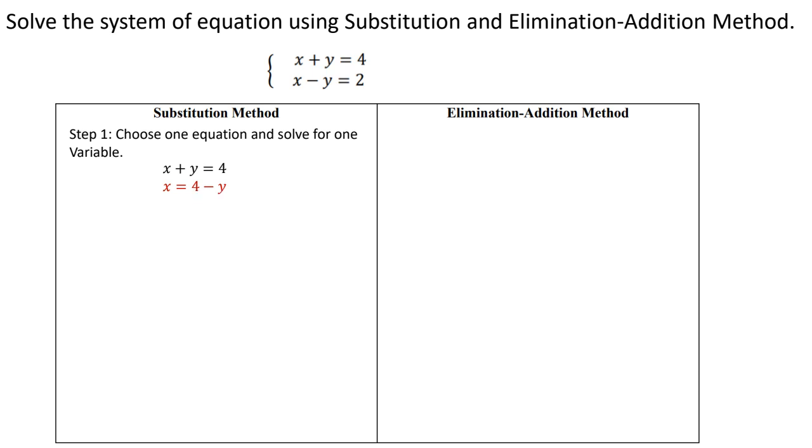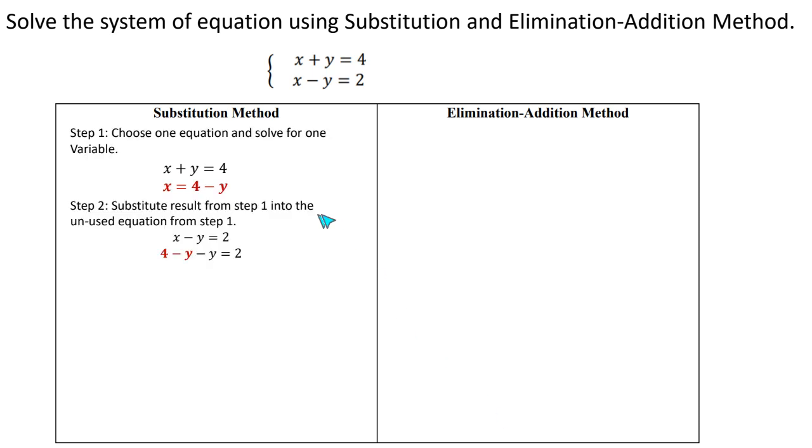Then what you want to do is use the second equation that we haven't used, in this case, x minus y is equal to 2. And whatever we got in the first step tells me that x is equal to 4 minus y. So in my equation, wherever I see an x, I'm going to replace it with that 4 minus y that came from the first step. And as you can see, by doing this, I only have y's left. So if we simplify, then we get